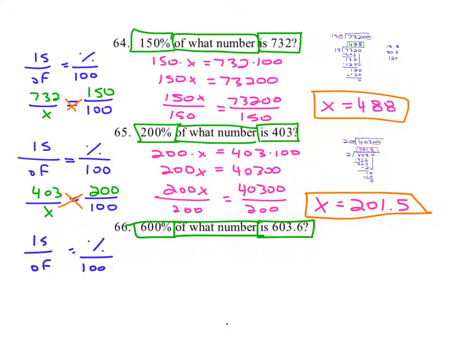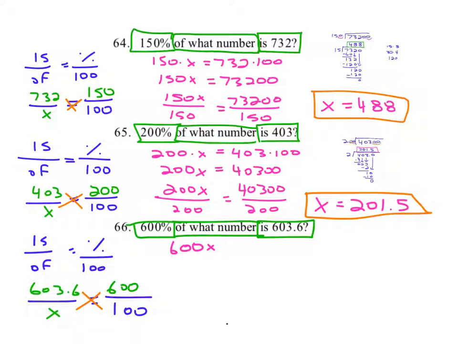We can say the is number is 603.6. The of number is x. And the percent number is 600. So then when we multiply by multiplying the diagonals, we get